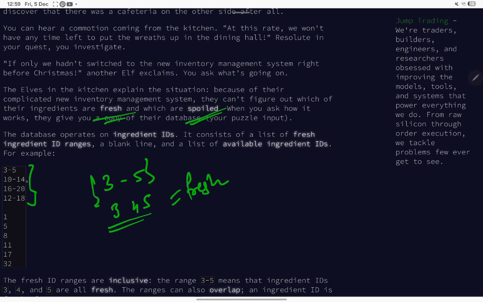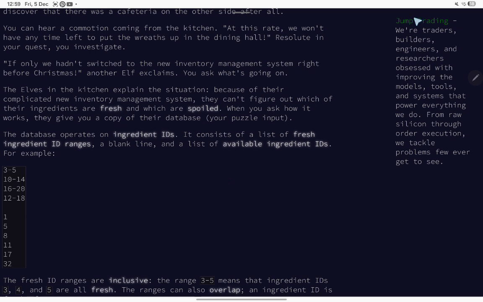Any element that does not belong to these ranges will be a spoiled element, such as 1. 1 does not belong to any of these ranges, so it is a spoiled element. So the first and most basic approach would be,